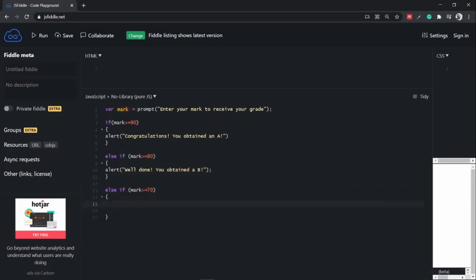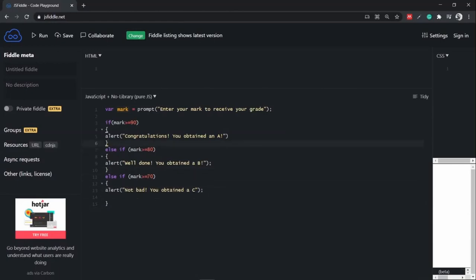So what we can say is alert, quotation marks, actually didn't forget it this time, wonderful, alert, not bad, you obtained a C. Let's actually remove that because we don't want to be too excited about the C. In most cases, I think people tend to get excited about a B or an A. And then next condition, else